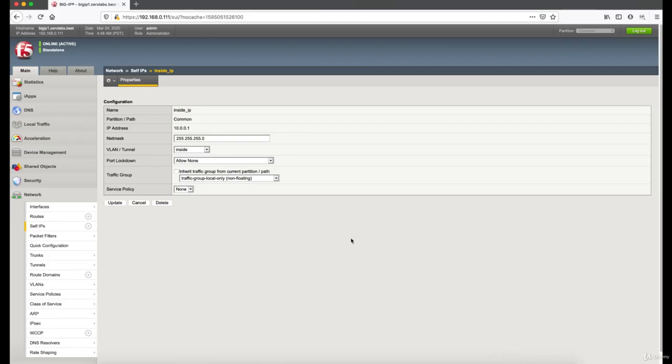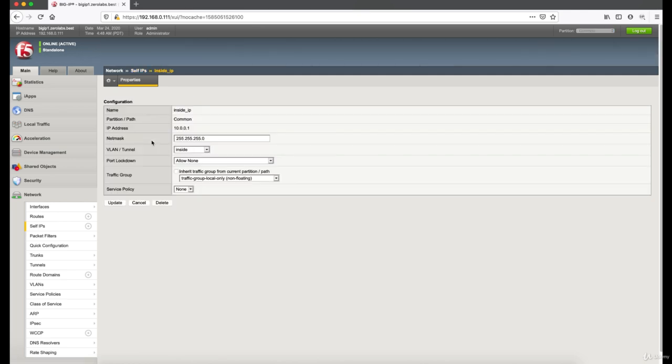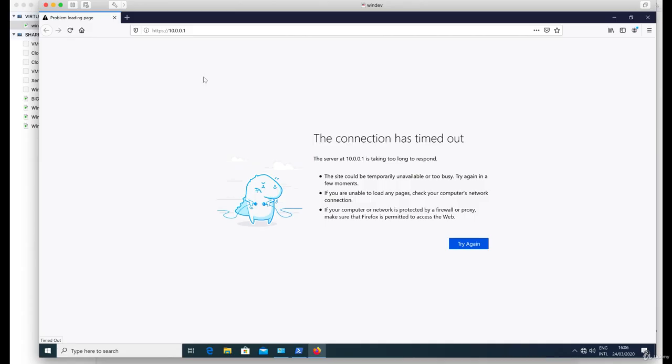If I go back to the self IP, click on Network, click on Self IPs, click on the inside, you see that the port lockdown is allow none. That's why from a PC located inside,